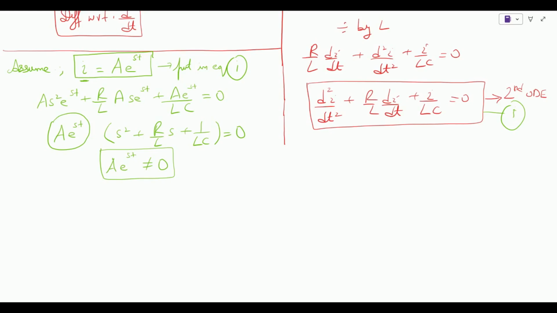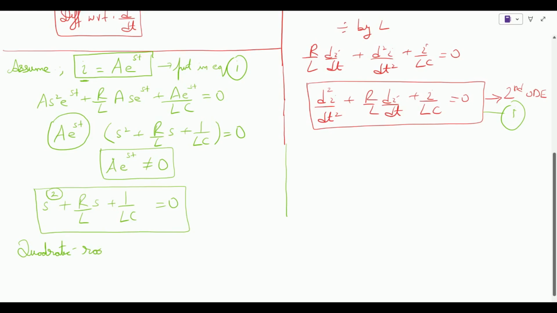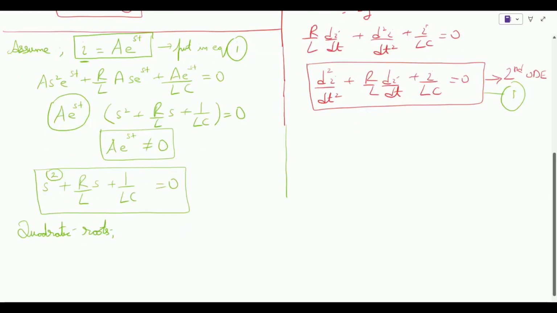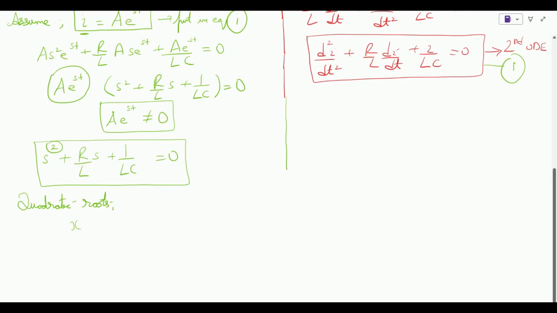So the only thing that will truly be equal to 0 is the value inside the parenthesis, which is s square plus R by L s plus 1 by LC equals 0. And again, we can see that this equation can be solved by using the quadratic equation, because we are having the exponent power of 2. So if we use the quadratic equation to get the roots,